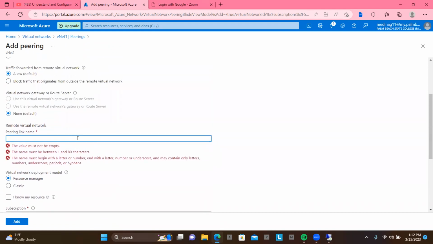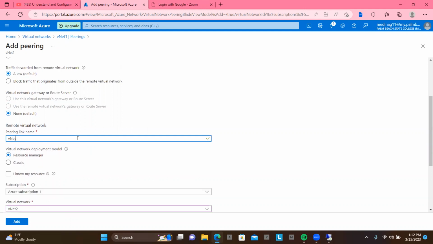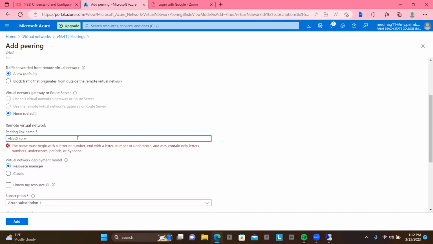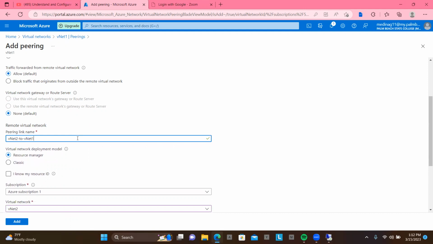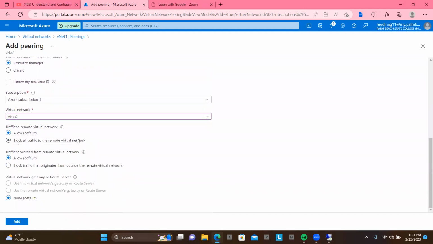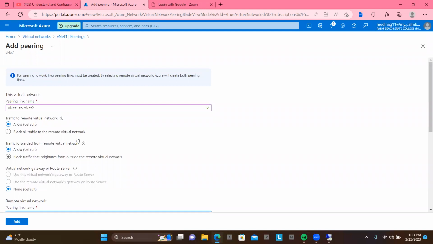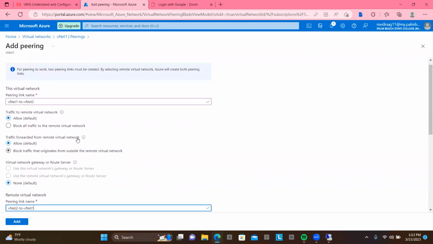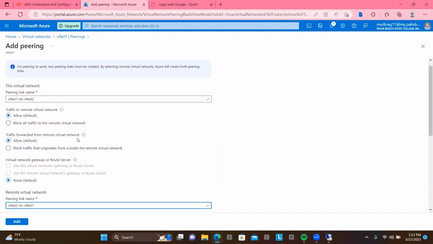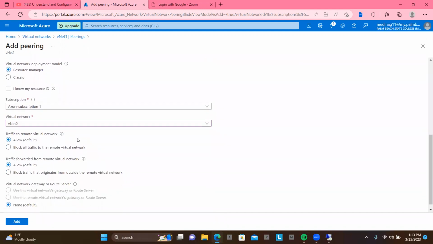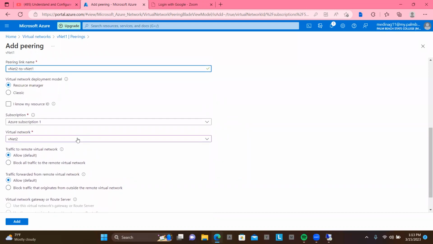We can name this VNet 2 to VNet 1. So the pairing link name, allow default. Okay,